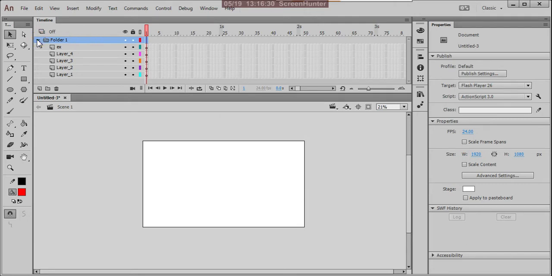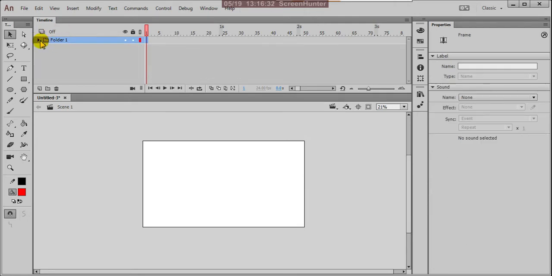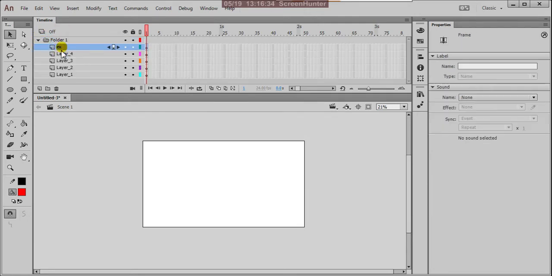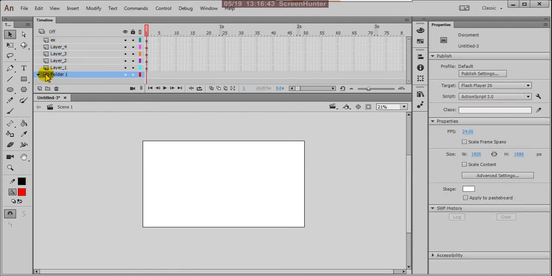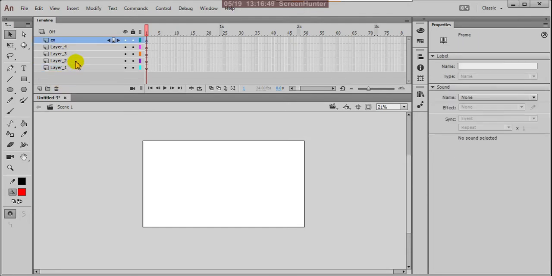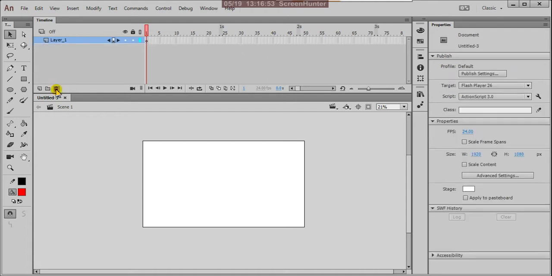You can insert them into the folder. You can also drag all your layers out of the folder, and then when the folder is empty, you can delete that. For the timeline, here also we can remove all these layers and delete this.